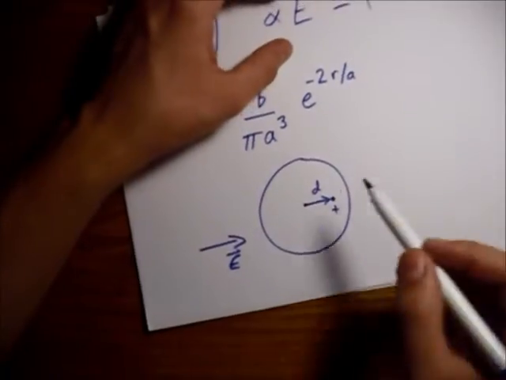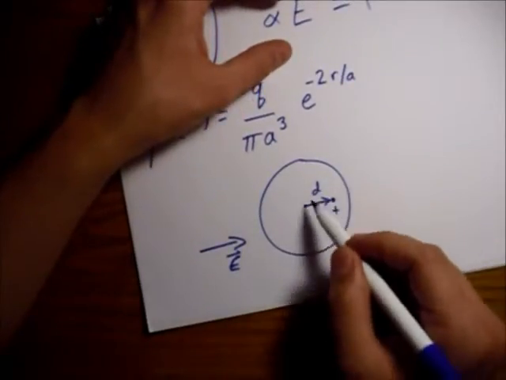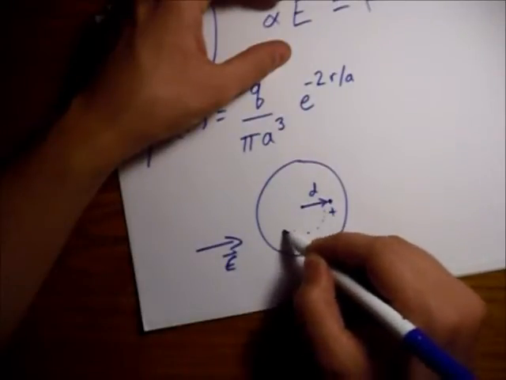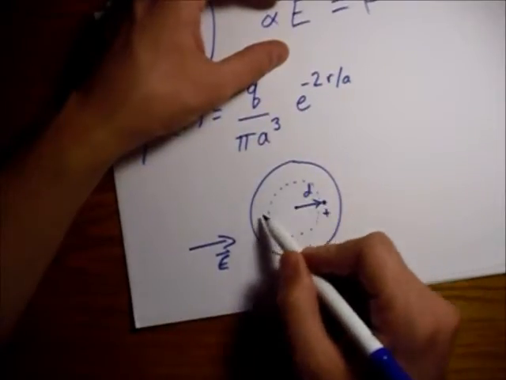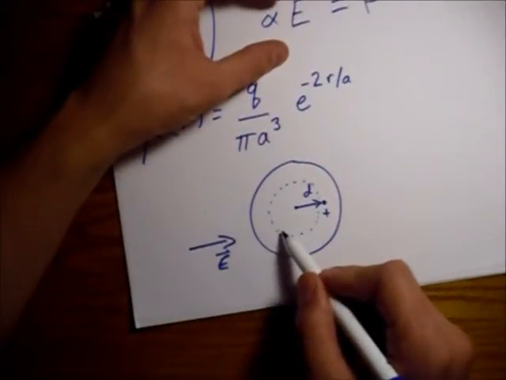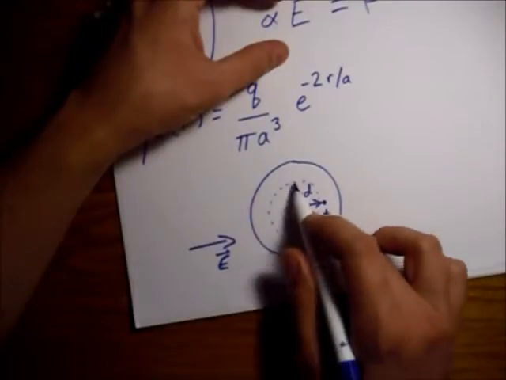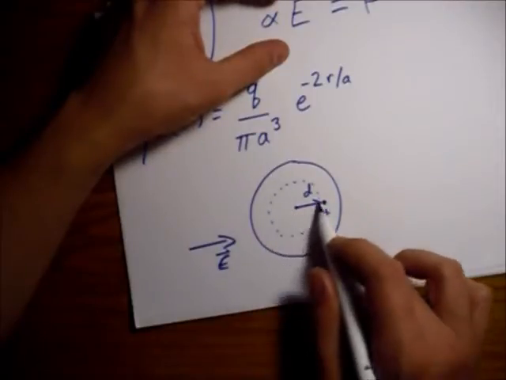I'm not sure if I can draw this in, let me just draw a dotted line right here. What we're going to do is use Gauss's law to find the electric field due to the negative charge inside this Gaussian